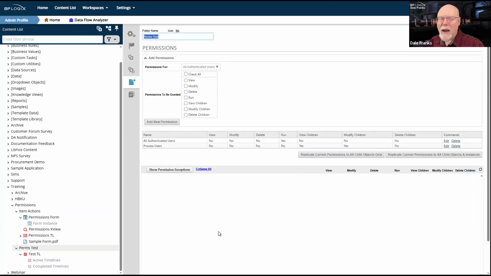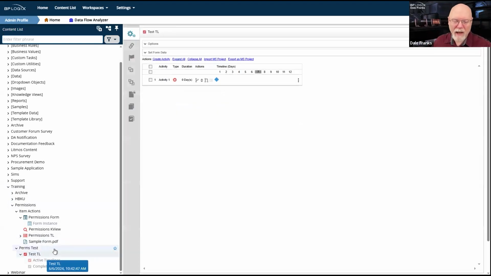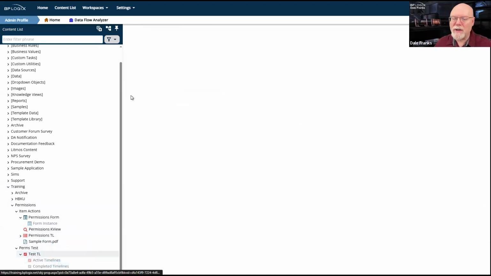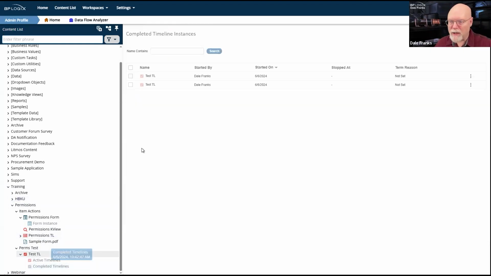So my instance is inheriting permissions that are still set on the process timeline definition, even though they're changed here in my folder. So I'm inheriting my test TL permissions in my completed timeline, with one exception.